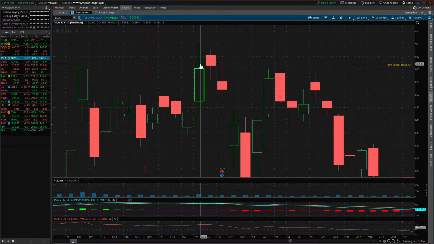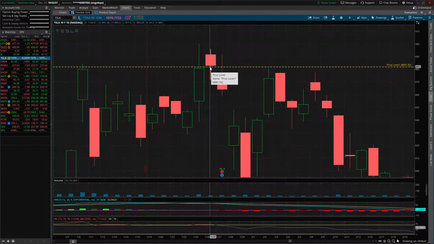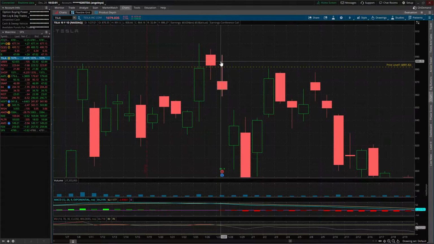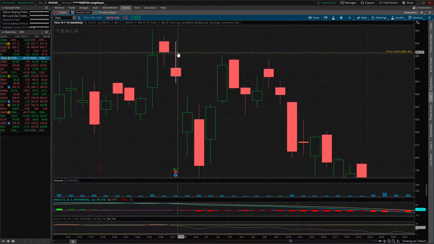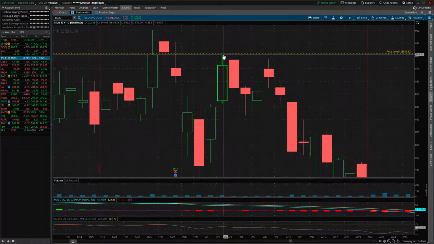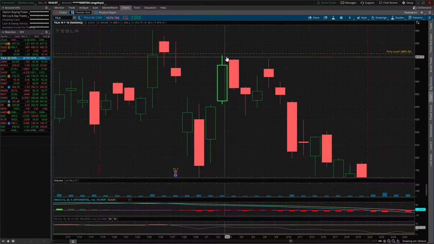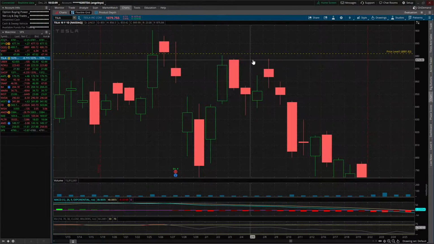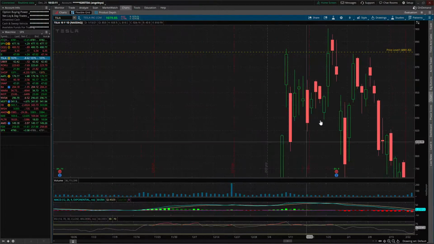This next one hit it, went up, came back down. This next one right around it, hit it. It actually closed above it, but then the next day we're underneath it again. But that's a touch. This right here didn't necessarily touch, but looks like a touch, not close enough. And the same for these two. So that area,